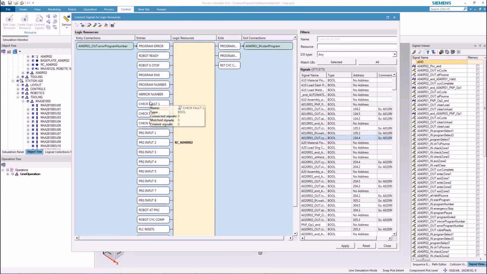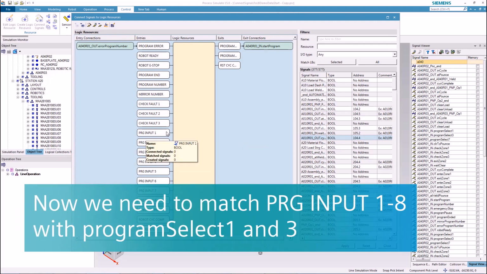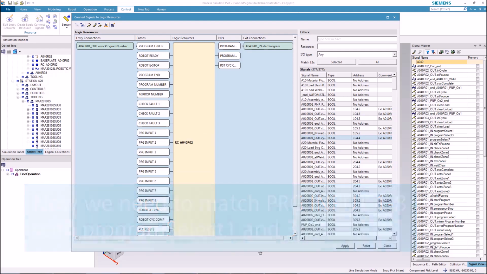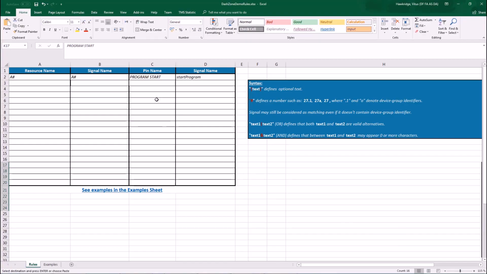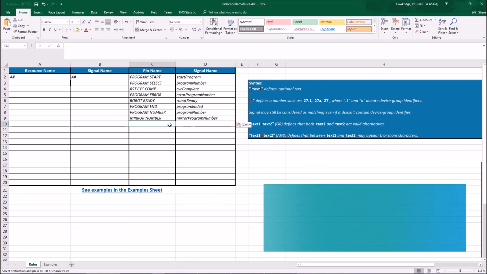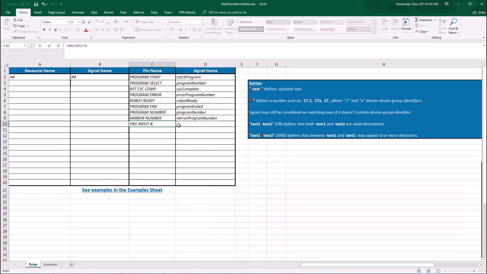These ones up here are quite simple as it follows the same rules, but now let's check out program input. We've got 1 to 8 here, and we probably want to match them to programSelect 1 and 3. Let's write the rule for this in one single row. Go back to the spreadsheet, put in the rules that I just mentioned. It's very simple, but now let's put prog input space and hashtag for the number wildcard, and we want to match it to programSelect and then another hashtag for another number wildcard. Hit save again,